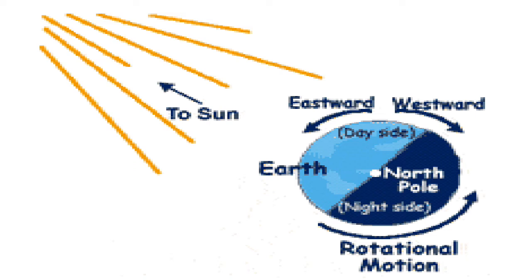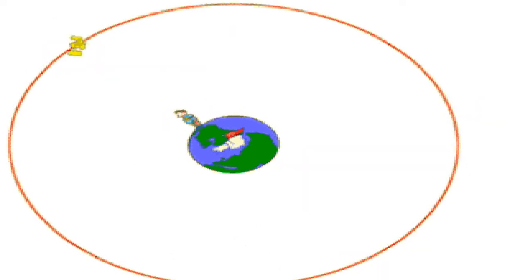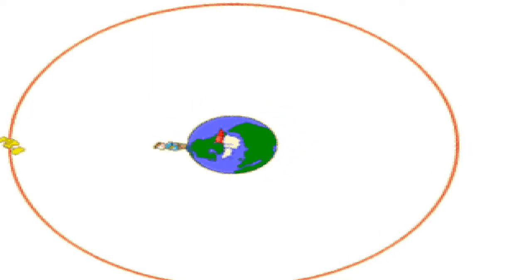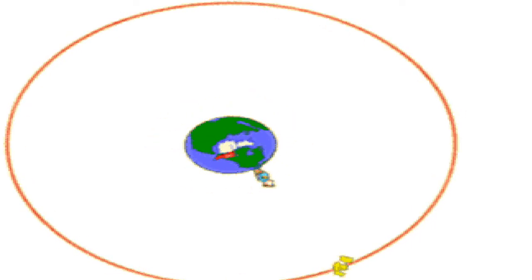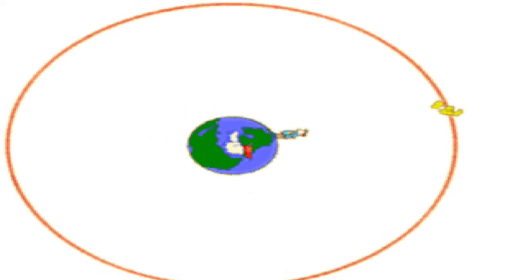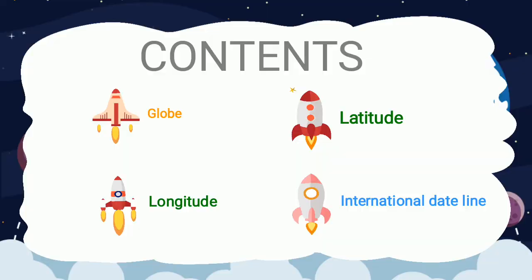So if you imagine the larger size of the earth, you will also understand there are distances and directions of oceans and countries. So you can see the earth and rotation, it is also for us, but we could understand that the earth is not just rotating. So in this chapter we could understand about the globe, the latitude, the longitude and the international dateline.